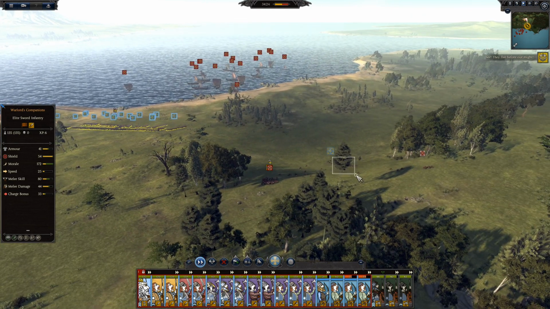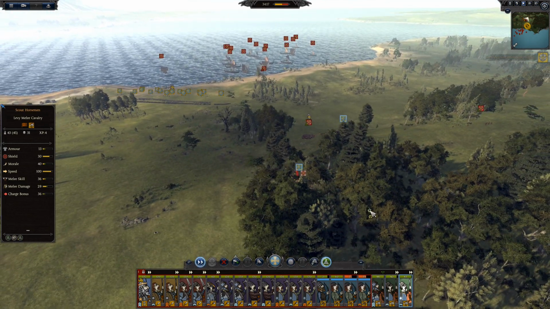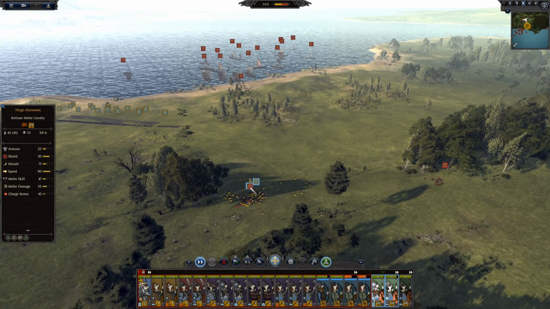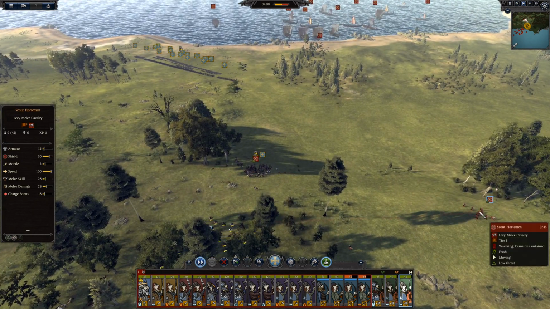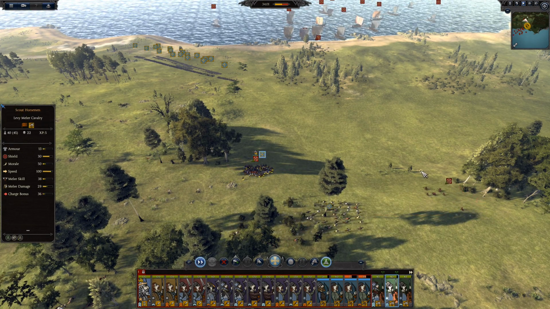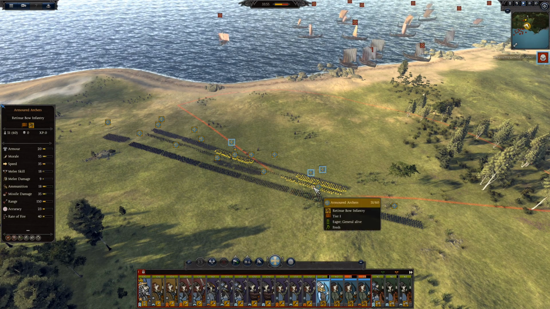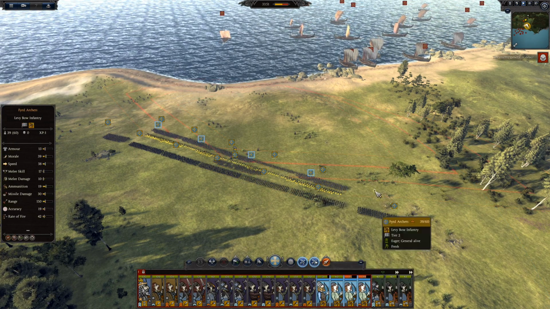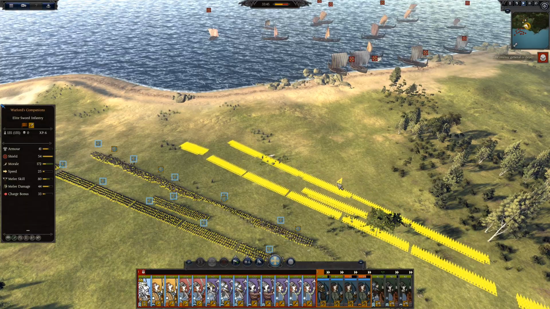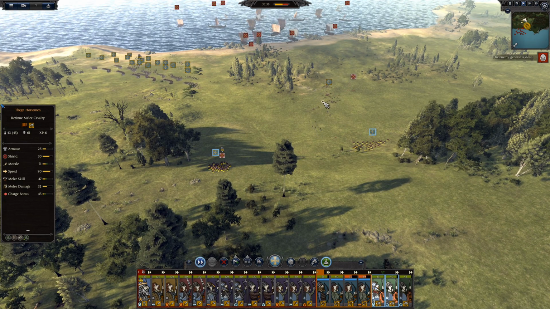Their troops are landing. These troops over here broke. His cav came back. I'm just gonna take care of them once and for all. And on this side, let's just take our archers. We can take them! So now that we've taken care of all their troops